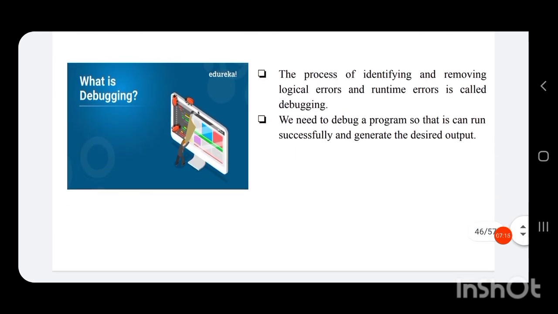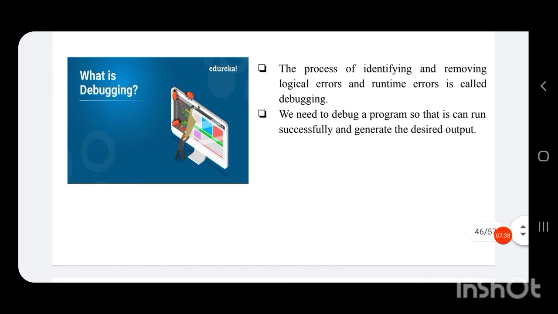So what is debugging? The process of identifying and removing logical errors and runtime errors is called debugging.